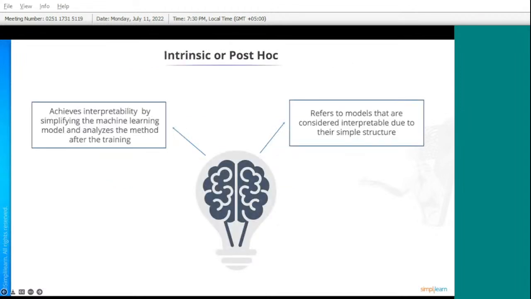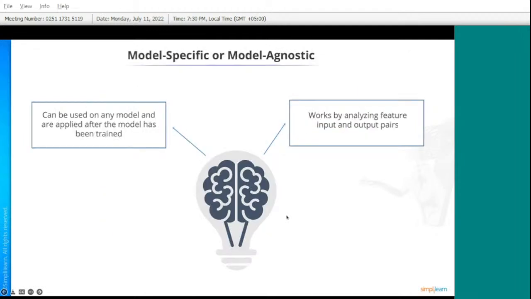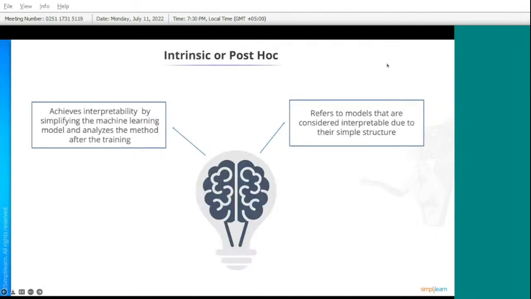So the theory part says that you can achieve interpretability by simply applying the model and analysis after the training is over. So once the training is over, whatever you have trained, right? After the training is over, you can analyze it, and a lot of tools have been built on top of that, right? And this is also the intrinsic style of